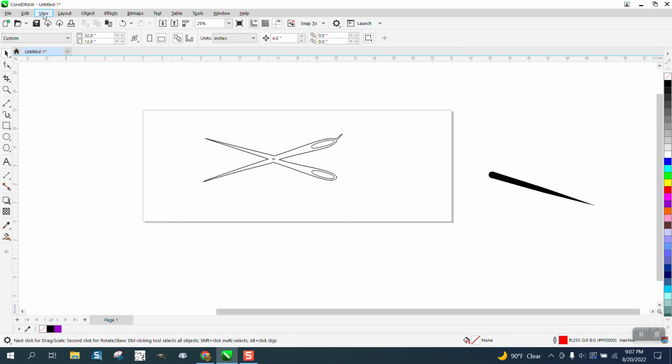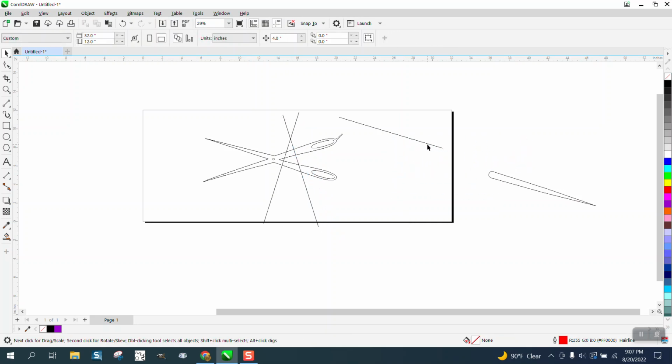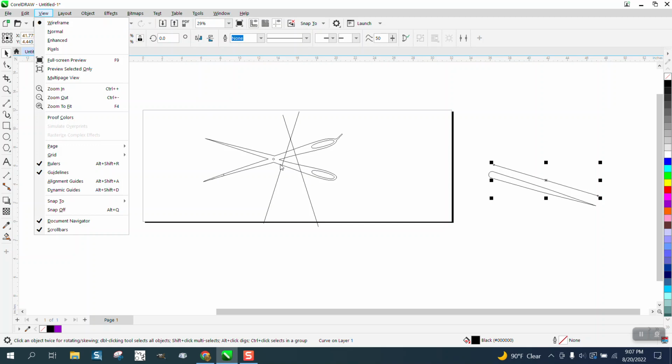Let me look at it in wireframe. Well, there's the one I moved. Okay, there's the one I moved out of the way. Here's my invisible line. I don't know why it's invisible. It's just because it's not a line. If we make it a line,